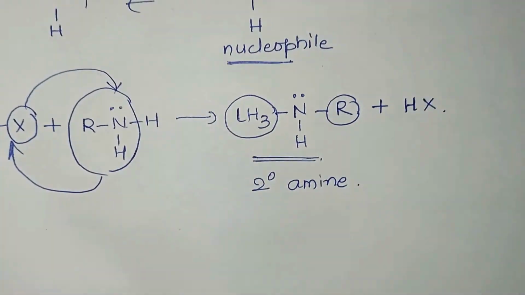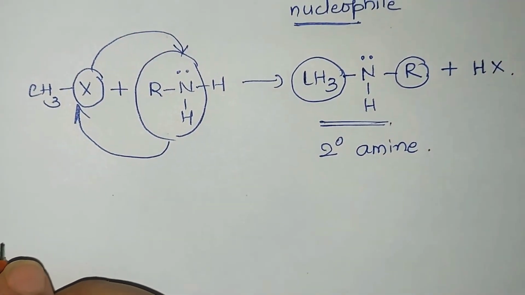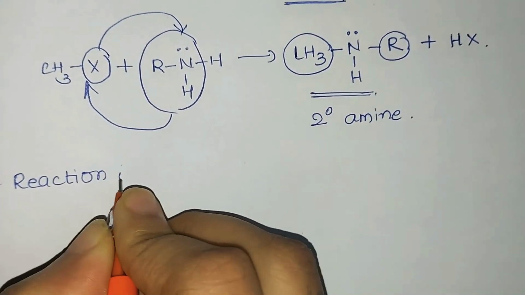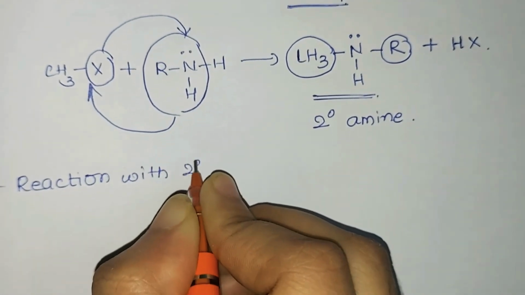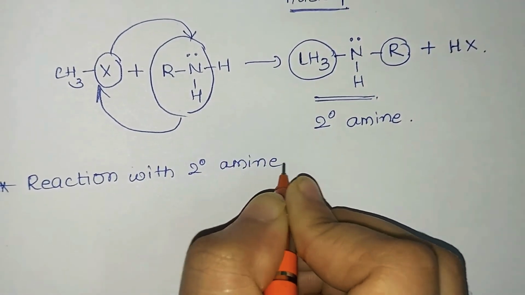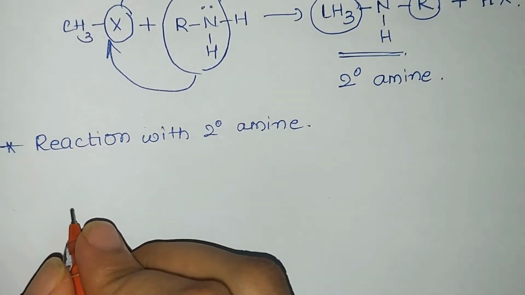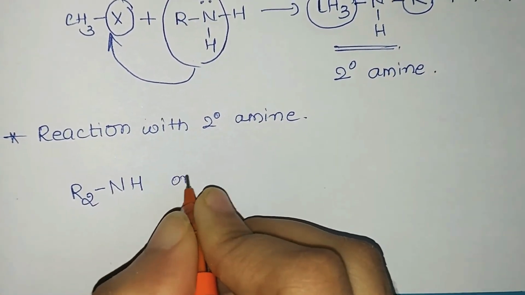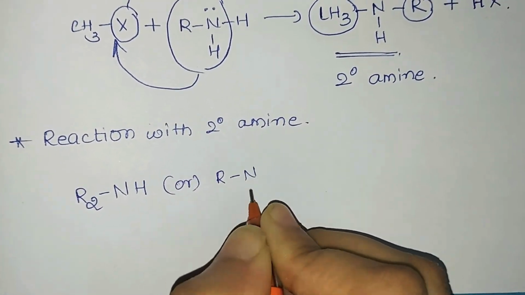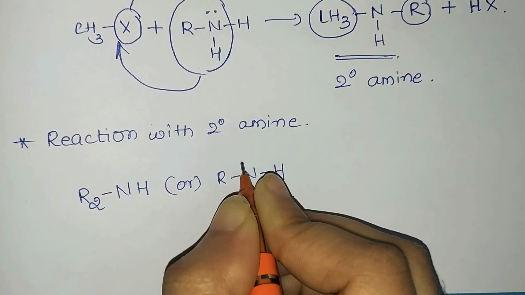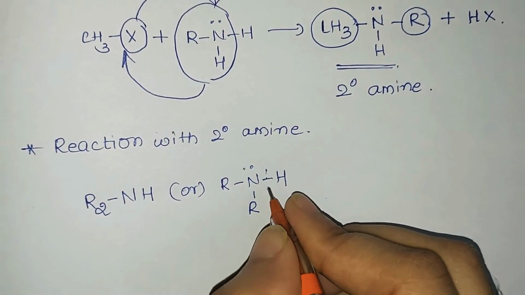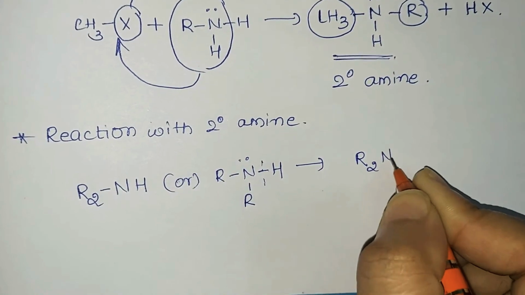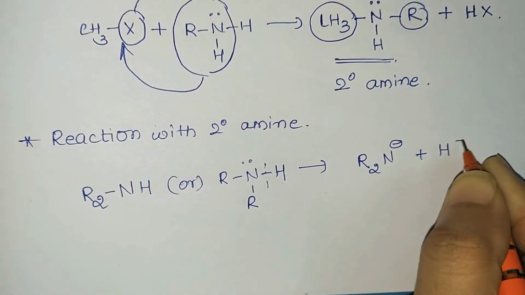Next, let us consider the reaction with secondary amine, that is reaction of alkyl halides with secondary amine. So in these reactions, we'll consider our alkyl halide RX. Before that, we'll find out which is a nucleophile. So R2NH. We can write the structure in this way, RNRH. So here what we need to find out, which is our nucleophile. So what will be the nucleophile here? R2N minus plus of H plus. Why? Because hydrogen is removed in the form of H plus. So this becomes our nucleophile.